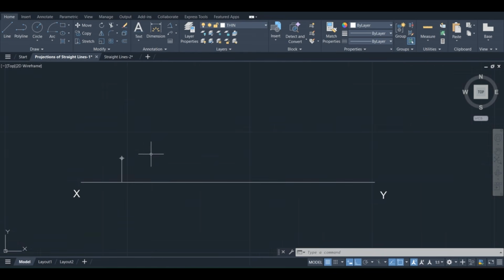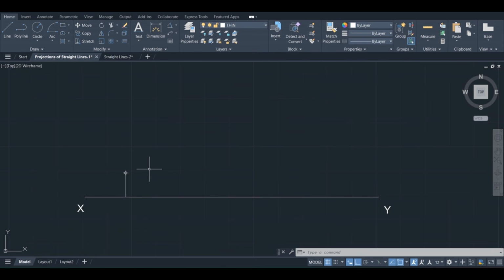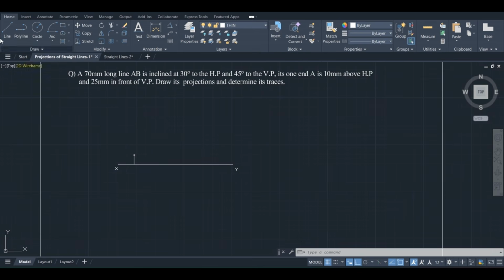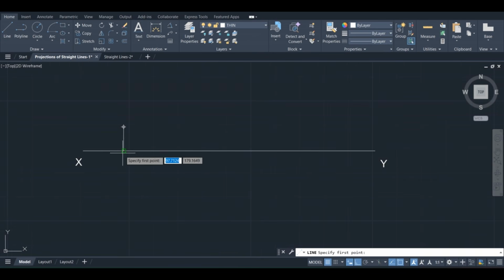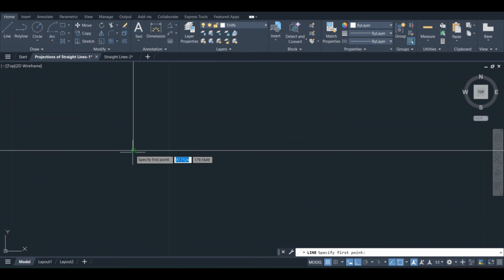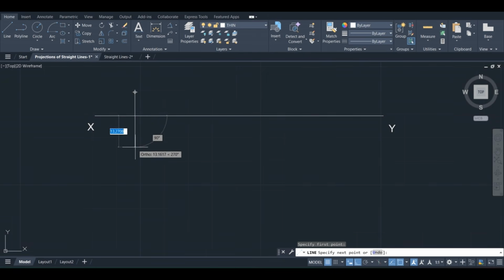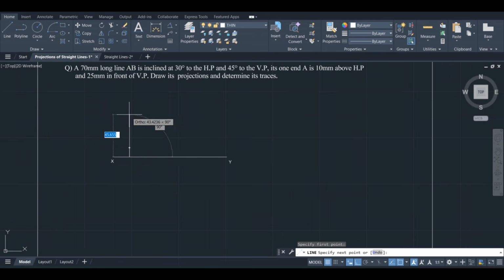See, this is the front view of point A, and the top view comes below the XY line. Draw the projector from this point on the XY line. The length of the projector is equal to 25 mm, that is given in the question. 25 mm in front of the VP, so it comes 25 mm below the XY line.